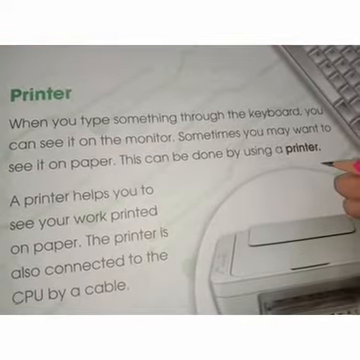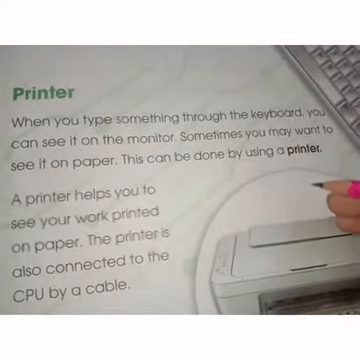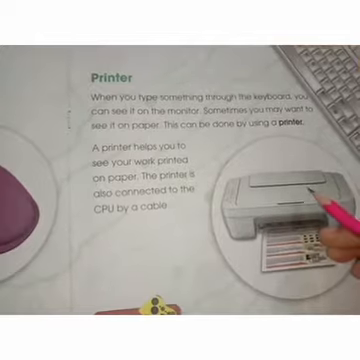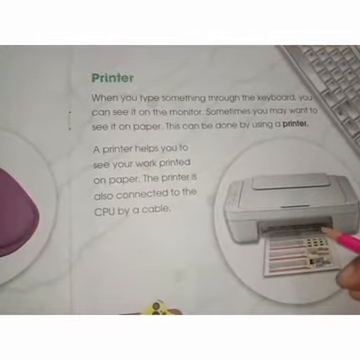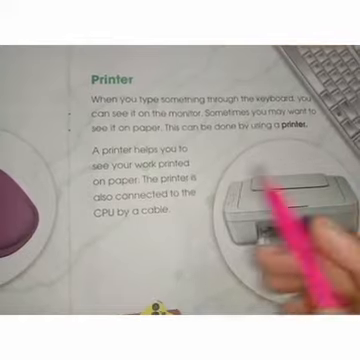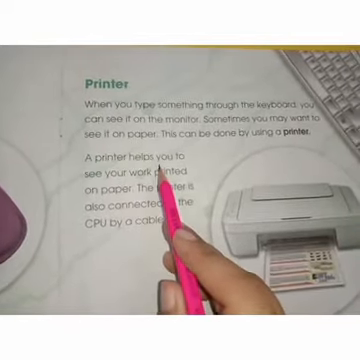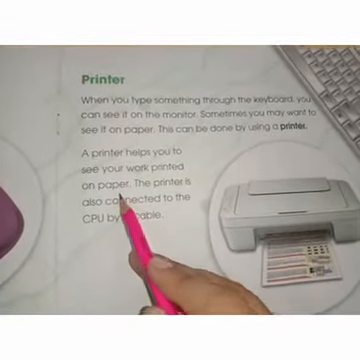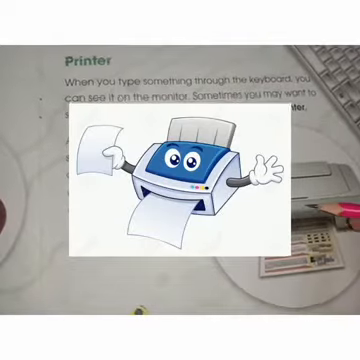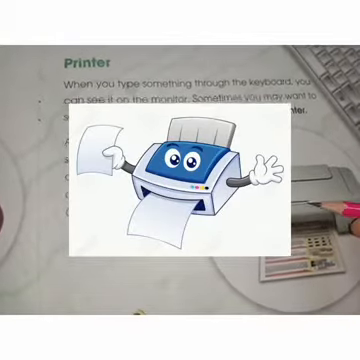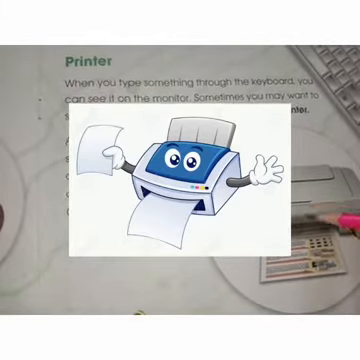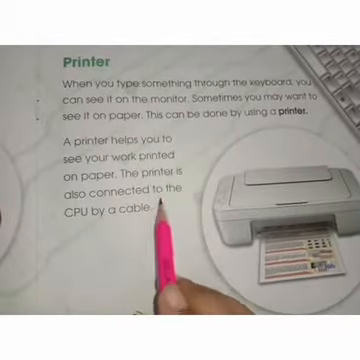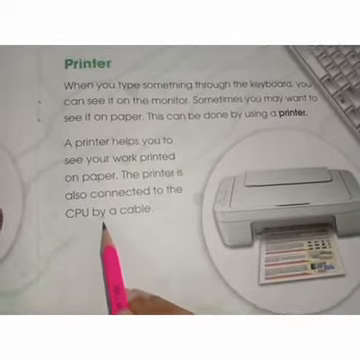If we want to see it on paper, then we have to use a printer. Printer helps us to see our letter, our assignment on paper. Our printer helps you to see your work printed on paper. As we know, whatever we write on a computer, we can get a hard copy of this work by using a printer. The printer is also connected to the CPU by a